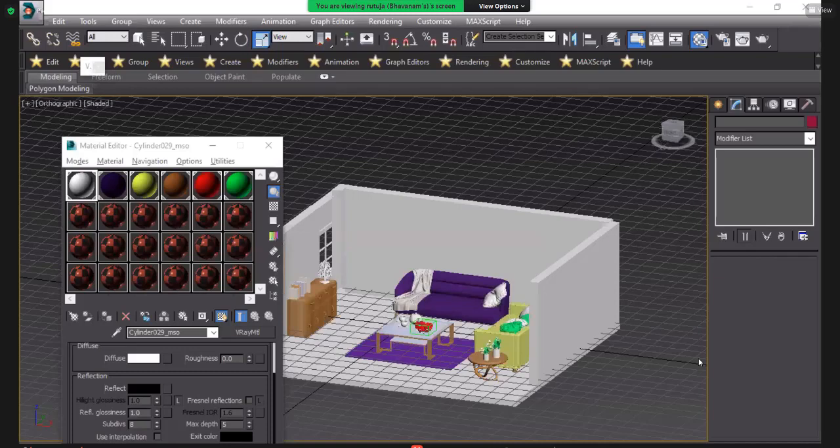We will make this ceiling tomorrow, and how to get pictures in it, and how to design the backside wall, how to apply the texture on the carpet, and how to finish the work using lights and cameras, and how to render it. I will teach you tomorrow. So that's why we will stop here on today's session.